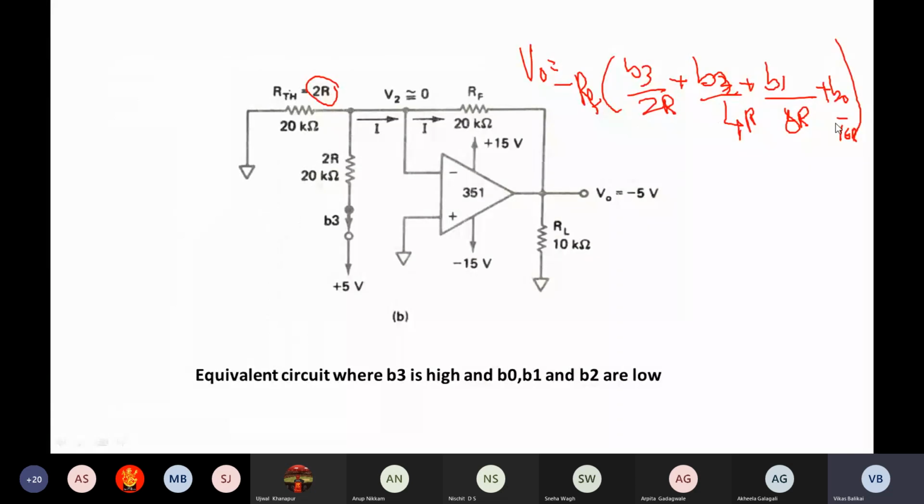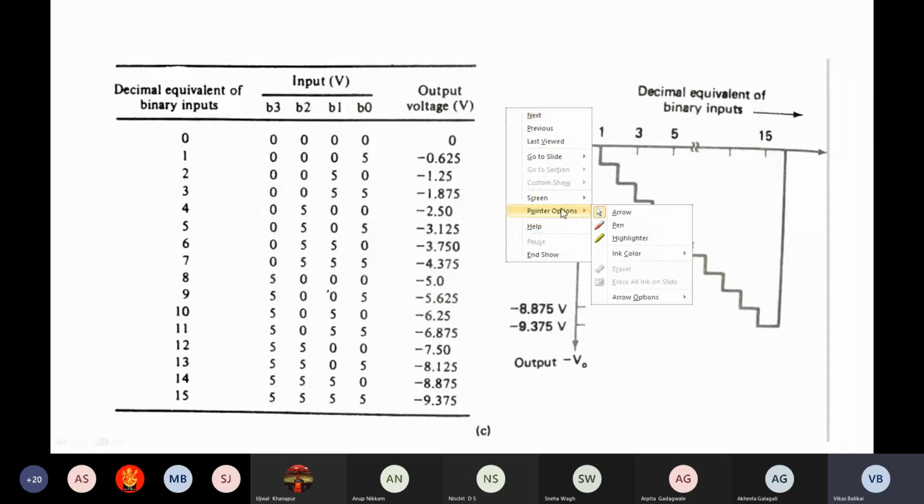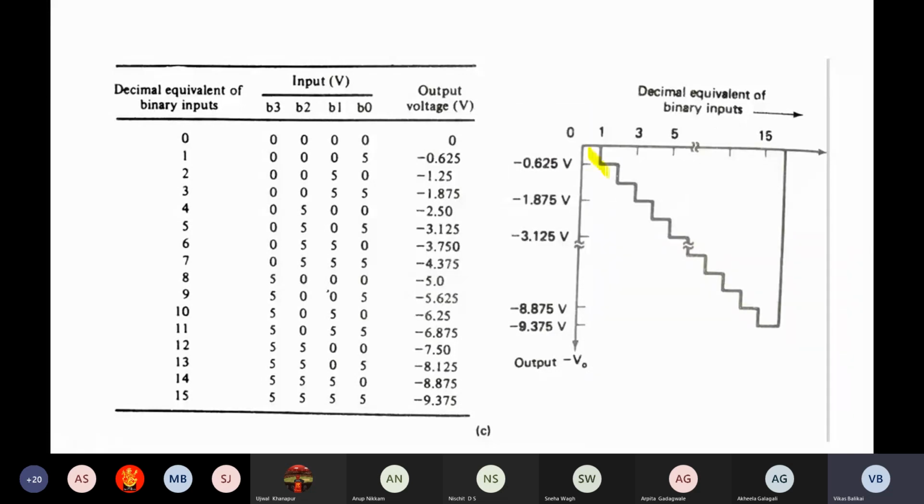You can just do the substitution, you're going to get these values only, and accordingly your output voltage step diagram can be shown over here. And again, like I was telling, the moment you get it, you just join all these steps, and you're going to get the very smooth curve, which will be your analog equivalent of your digital value. So more the number of bits, the smoother the curve will be. So that's what we say as resolution. So more the number of bits, higher will be the resolution.